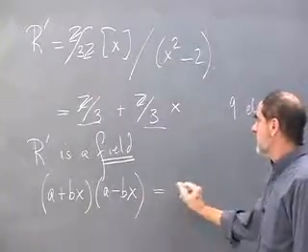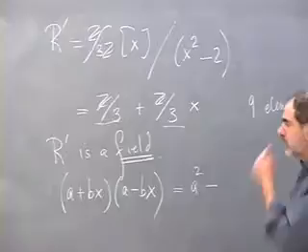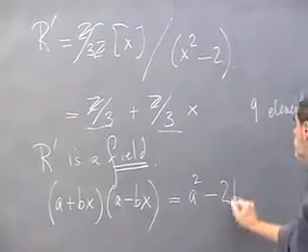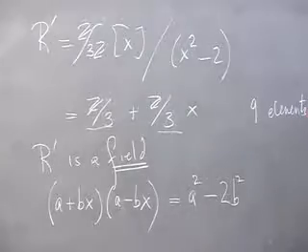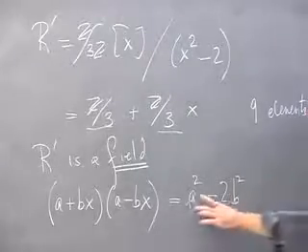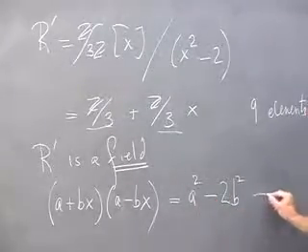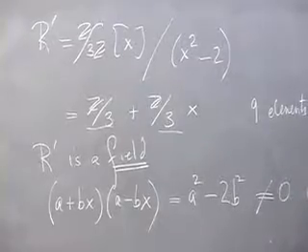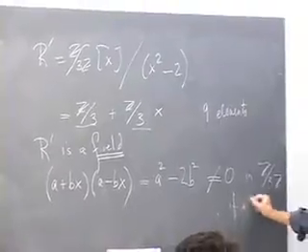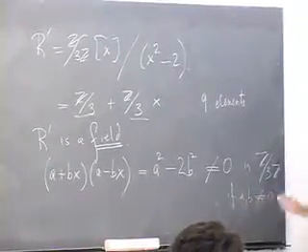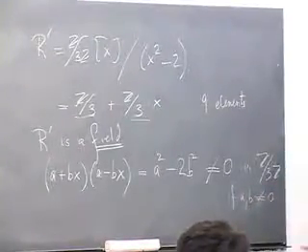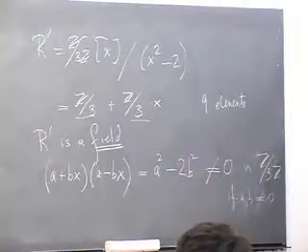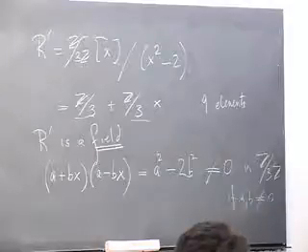And that gives me the element a squared minus b squared times x squared. But x squared is 2, so minus 2b squared. And this element is in Z mod 3. And I claim it's not 0 in Z mod 3 if a and b are both not 0. Of course, if a and b are both 0, this element is 0. But if they're not both 0, then